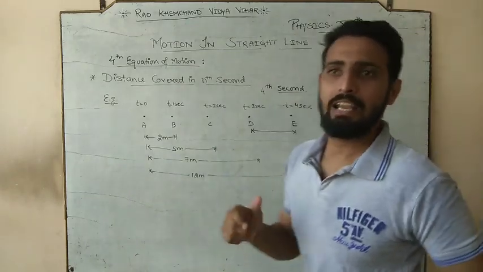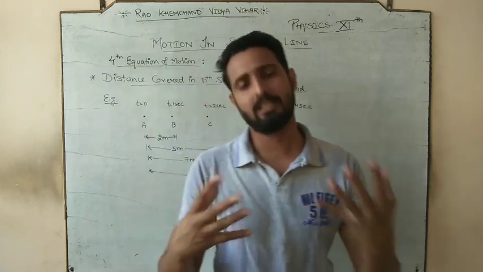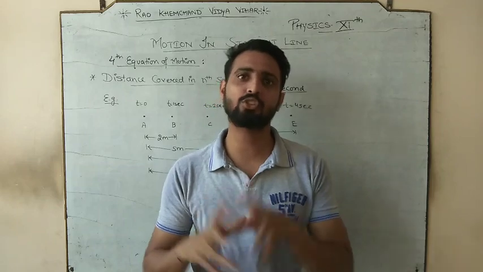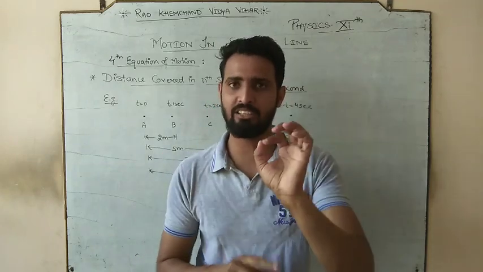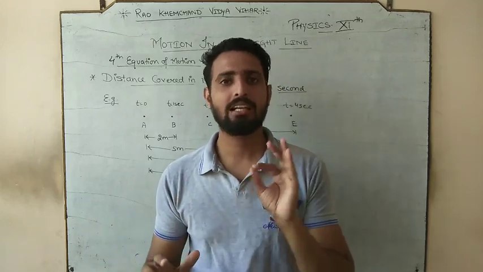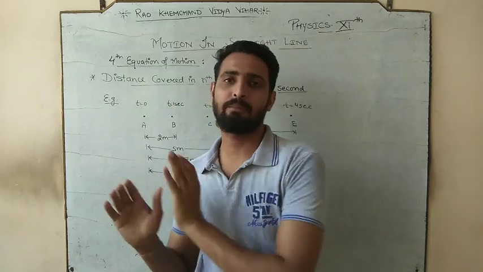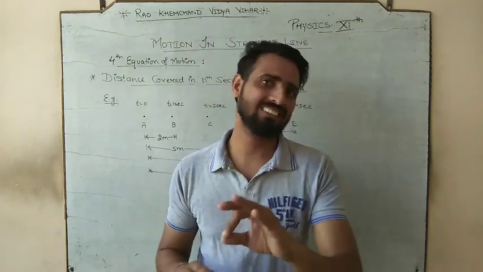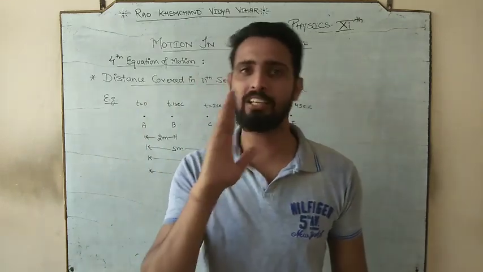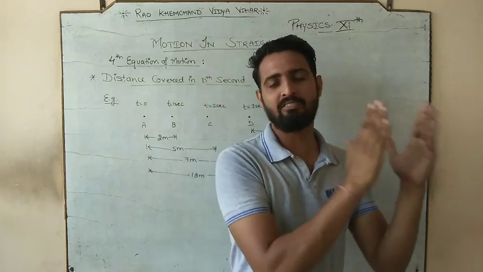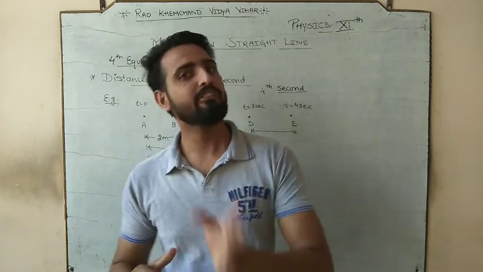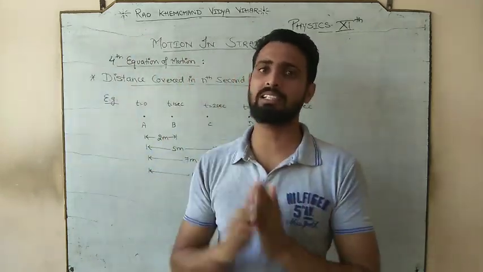For example, if I make an announcement in the school, let's suppose during the lecture period, the announcement is made through the mic: please listen up. The first announcement is that all class 12 will assemble in the assembly ground. Here I use only the word 12. So which classes are going to assemble? All of them, from 1st to class 12th, are going to assemble in the assembly ground.